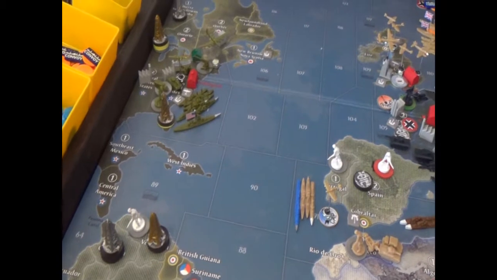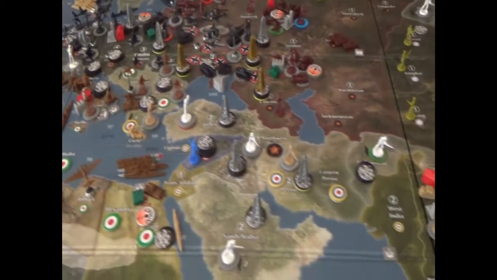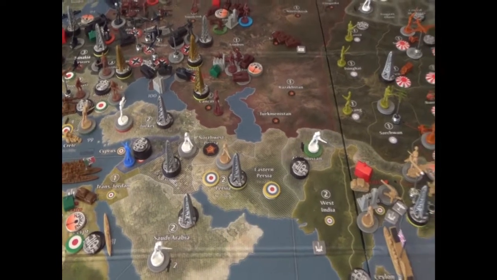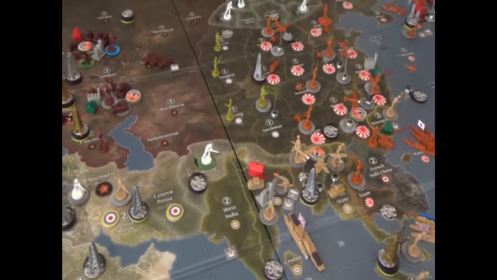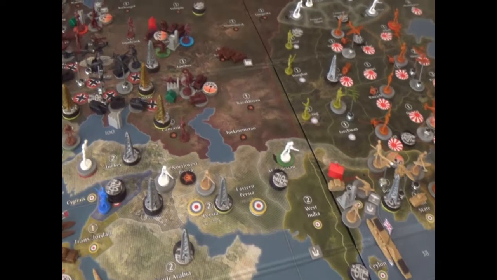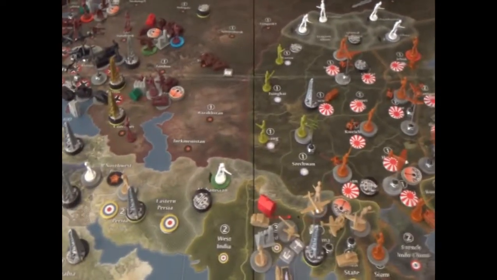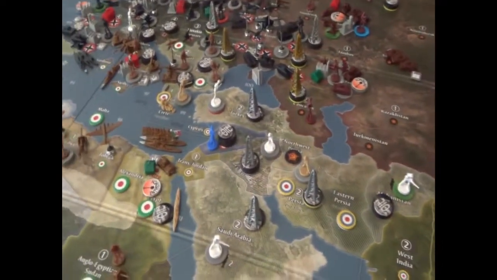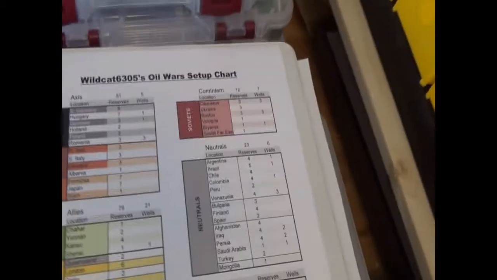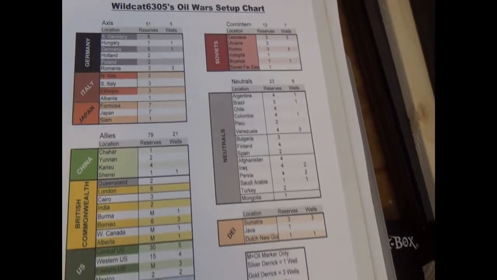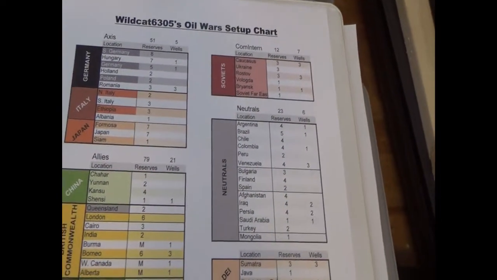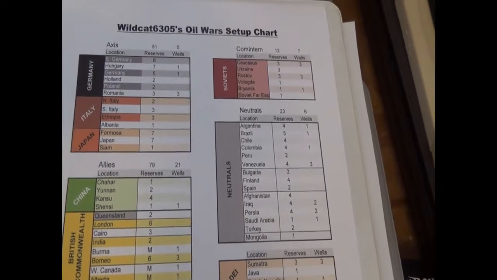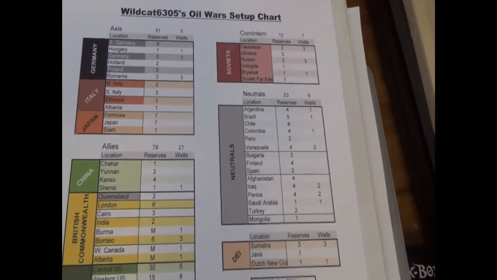But like I said, I'm really enjoying it, and hope to get my rules finished, typed up, and printed up, and I'll attach them down at the bottom of the link once I get them up. I'll probably post this video before I get my rules up, but here's a quick flyover of the chart that I made, outlining all the neutrals and where the wells and the oil are,